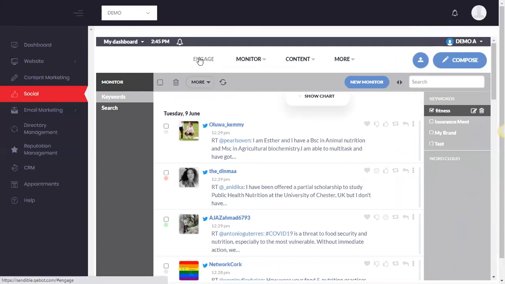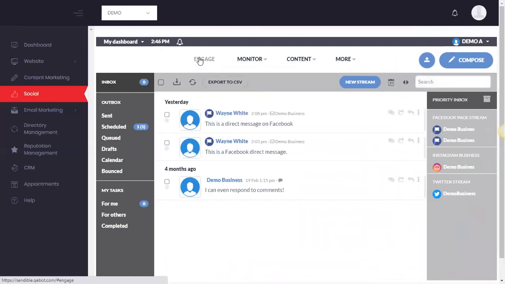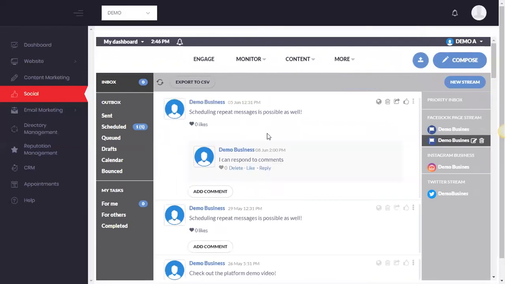And then the nice thing about this too is once you do start to create and post your information, you can actually come in and engage through here as well. So if I'm posting something on my Facebook page, I can see if people are liking it, I can see if people are responding to it, I can respond back and forth, I can have those conversations right through the platform, which is great for being able to not only get your content out there, but also engage with potential customers, potential clients, or people that are just engaging with your content.